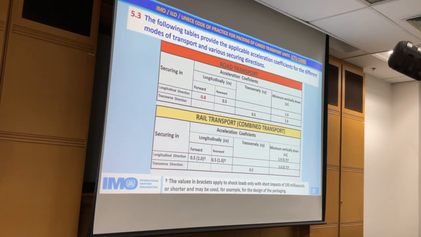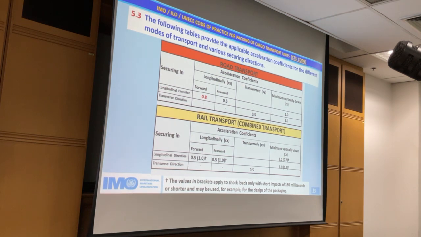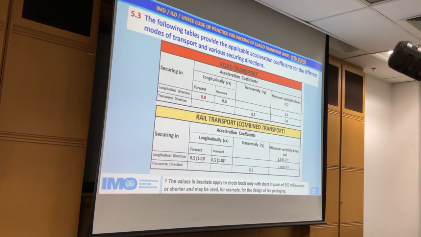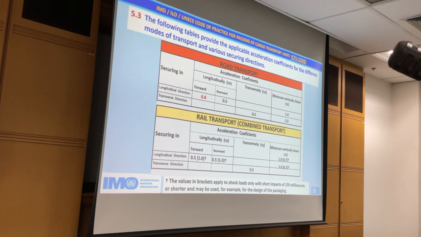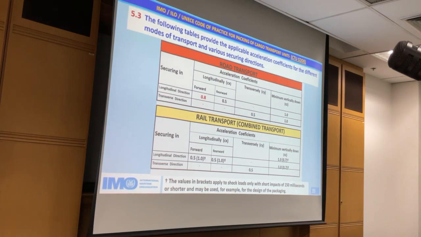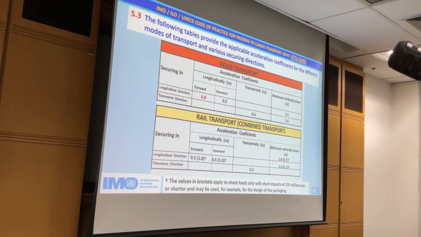When we look at road transport, you see, longitudinally and transversely means horizontal. Longitudinally means forward and rearward or backward. Transversely means side to side. Okay? And there are also vertical